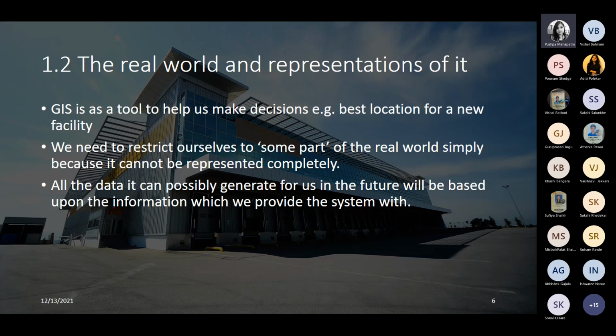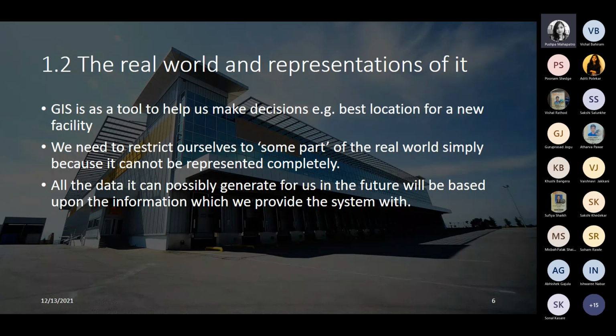Okay, so in the real world, there are so many phenomena, isn't it? So using GIS, there will be various tools using which we have to represent the real world, because in the real world we have so many phenomena. We have temperature, pressure, there may be roads, railways, all this information needs to be captured if you want to perform any kind of study. So using GIS we can represent the real world. But we have to find some model using which we will be representing the real world. So we have to create a model.